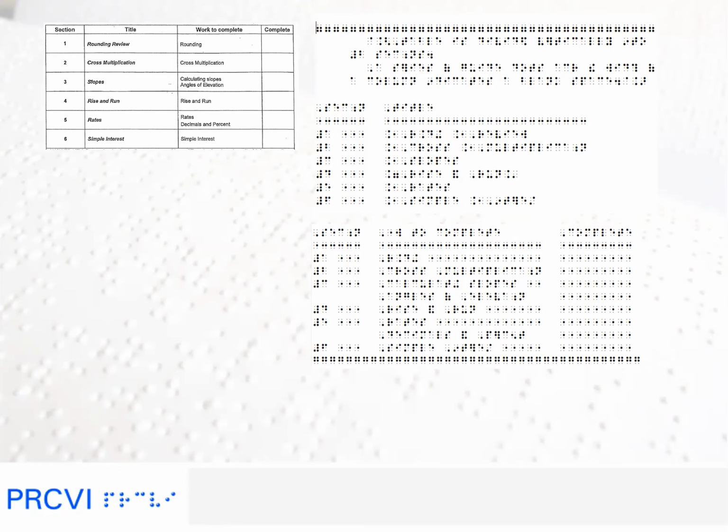Second table will have column heading section, column heading work to complete, column heading complete, and entries under them. There are no entries under the column heading complete. Guide dots, dot fives across the width of a column, are added to indicate a blank space.